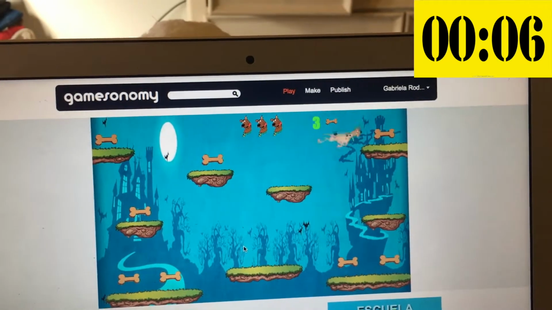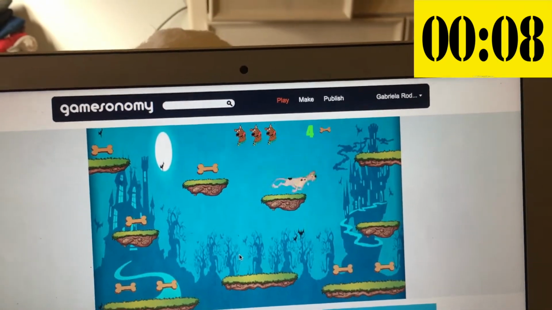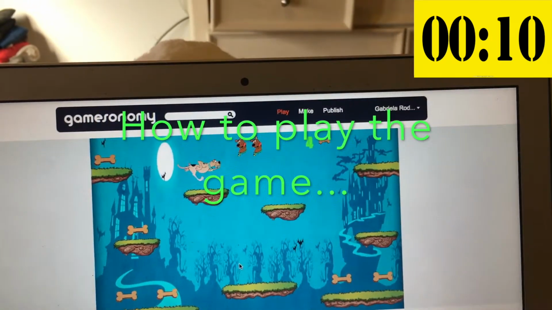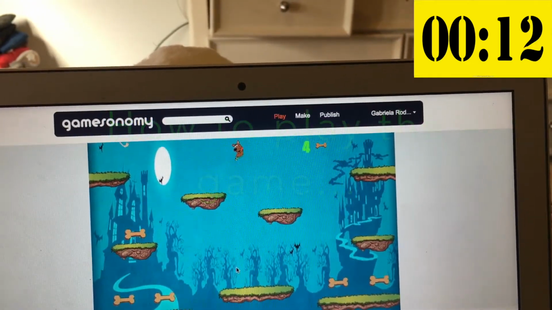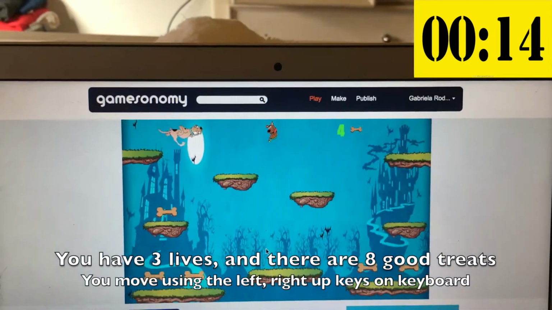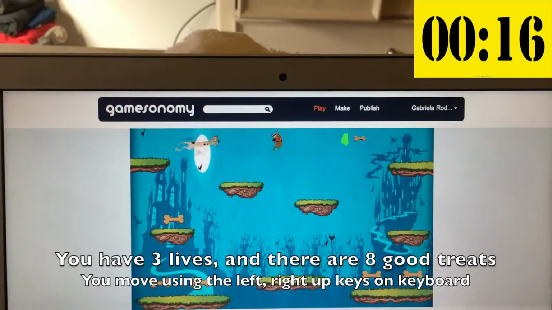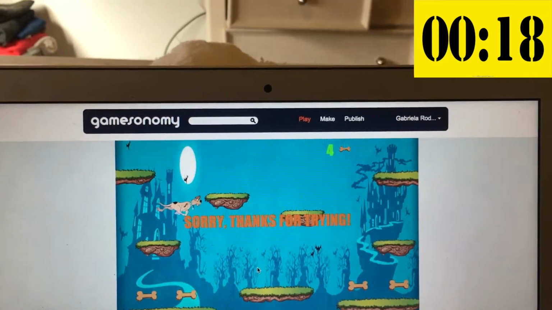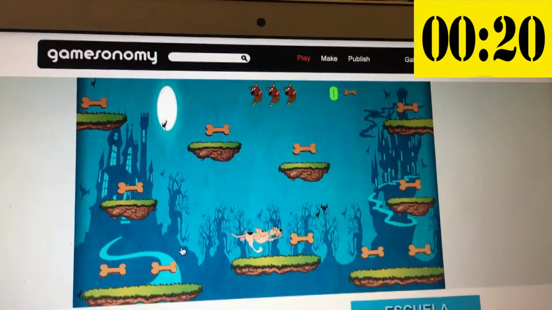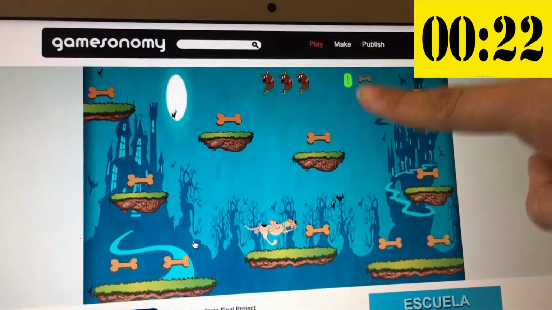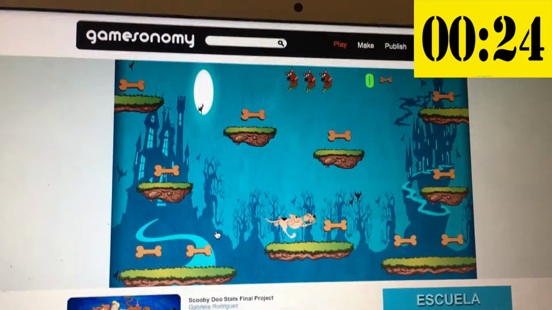The player has only 3 lives, which means he can only grab 3 bad treats before losing. The point of the game is trying to get as many good treats as possible to win and have Scooby-Doo happy. There is a counter which collects and keeps track of the amount of good treats